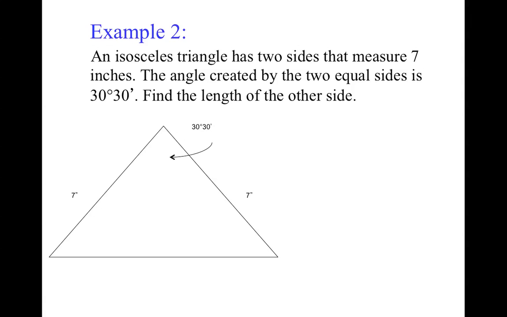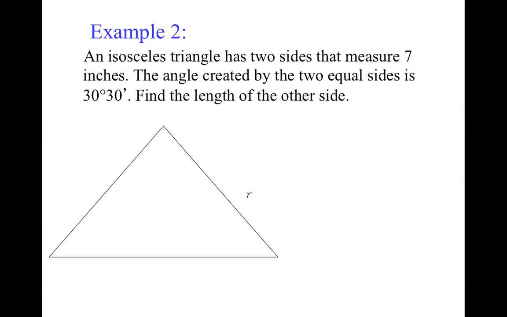Please note, in example 2, we are dealing with an isosceles triangle. This is not a right triangle. You cannot just go to Pythagorean theorem. However, this unit is based in right triangles. If we draw in the altitude of the triangle, which creates a right triangle,